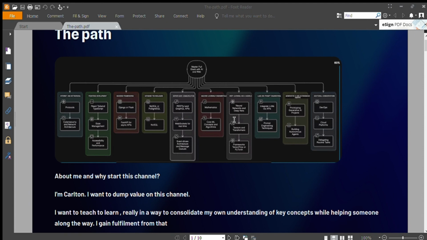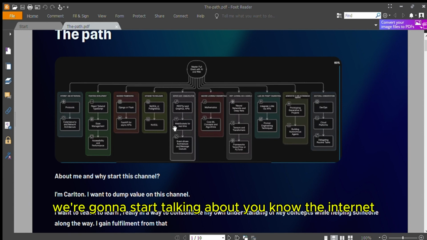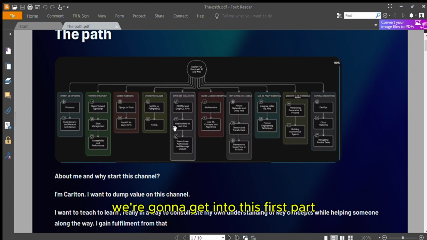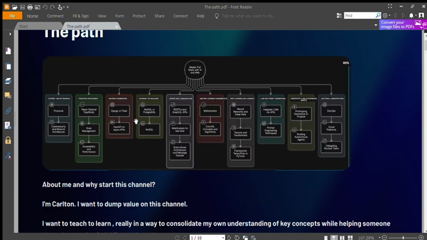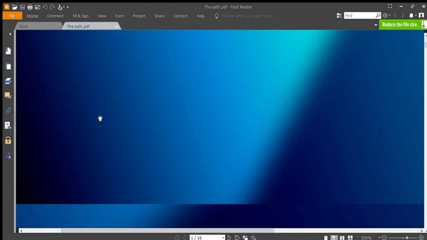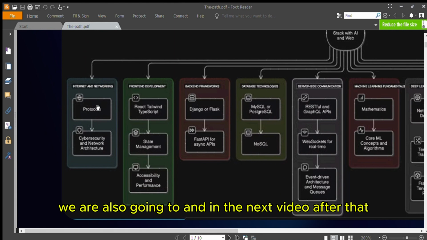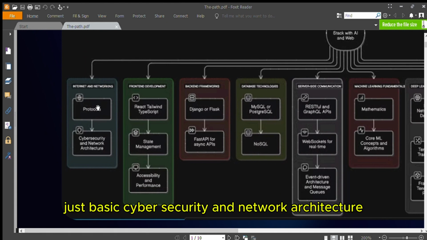Yeah, this is really what I am about. My next video, we're going to go right into it. We're going to start talking about the internet, get into this first part. We're going to talk about protocols, the foundations of the internet. And in the next video after that, we're going to see some basic cybersecurity